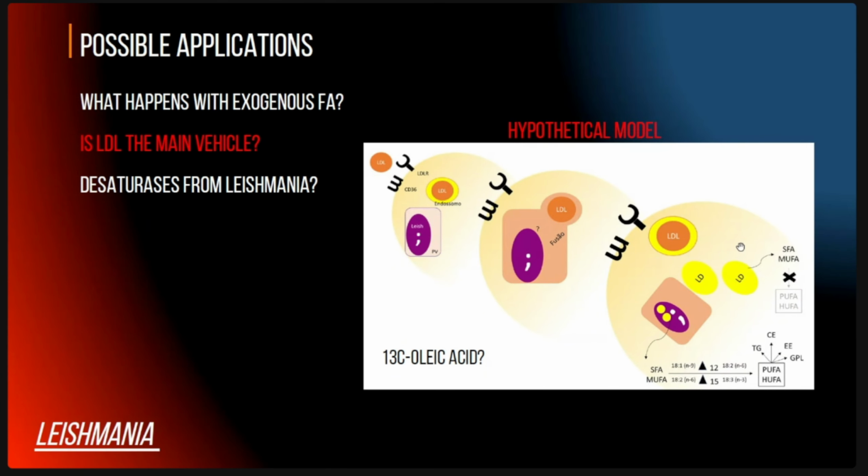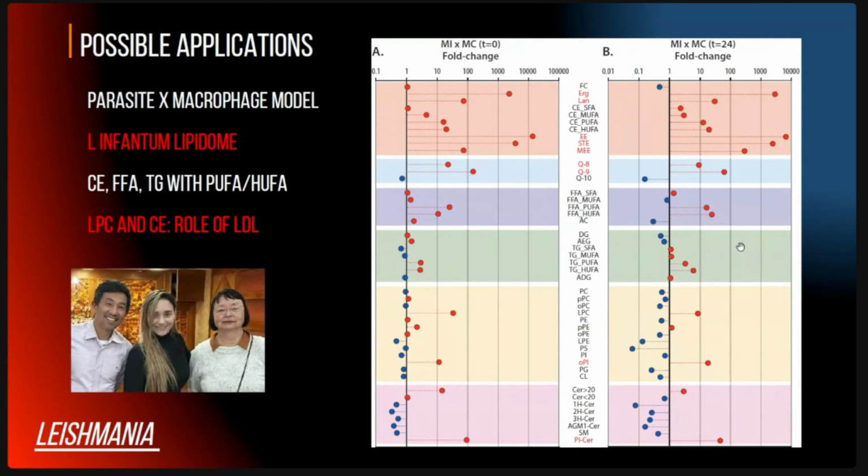And then by fusing here, in this acid milieu found in the parasite vacuole, the LDL will be degraded into free fatty acid and free cholesterol, which will serve as the substrate for the lipidome of the Leishmania. And one thing that I forgot to mention is that a bunch of these cholesterol esters, free fatty acids, and triglycerides that were enriched in the infected macrophage were actually linked to polyunsaturated fatty acids, with 2 and 3 double bonds, and also highly unsaturated fatty acids with 4 or more double bonds.